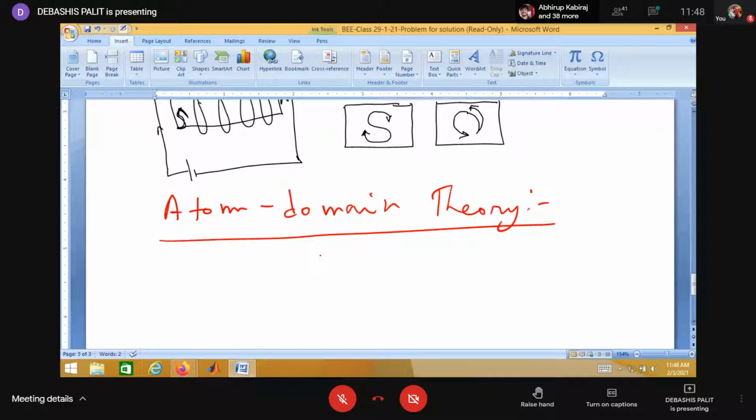But your previous theory, that is molecular theory of magnetism, cannot explain this. If you go into the detail of this magnetism chapter, then you can explain what atomic domain theory is and how it can be derived considering the molecular structure, why iron can be magnetized considering this domain theory, and why wood cannot be magnetized, just like a paramagnetic or diamagnetic material.